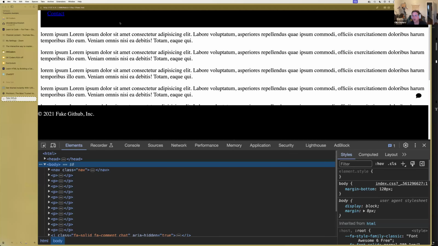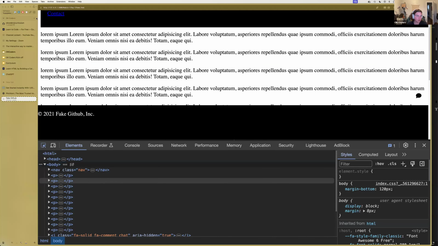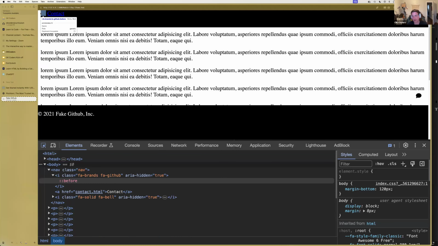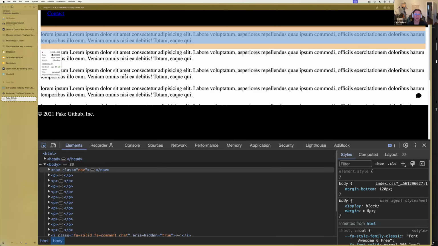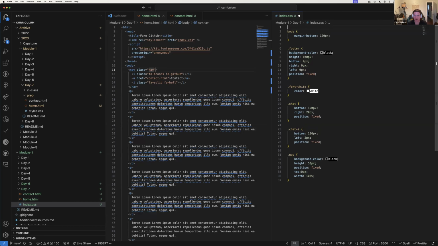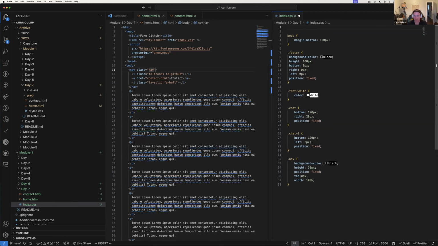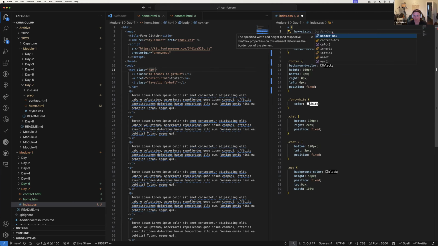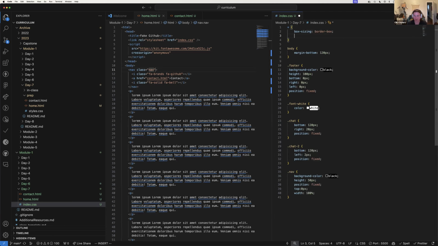Yeah, and so you can do left and right 0, or you can do width 100%. I don't think it matters. We do have default margin on the page though, which is why we have that gap on the left there. So to get rid of that, we can do a few things. So one is set our box sizing to border box, and then do